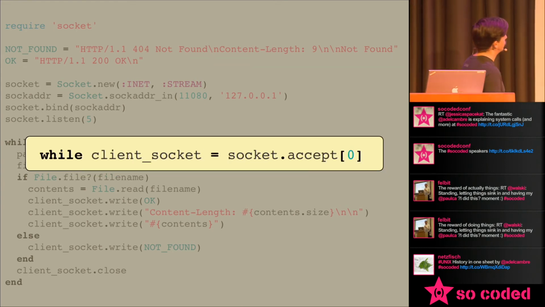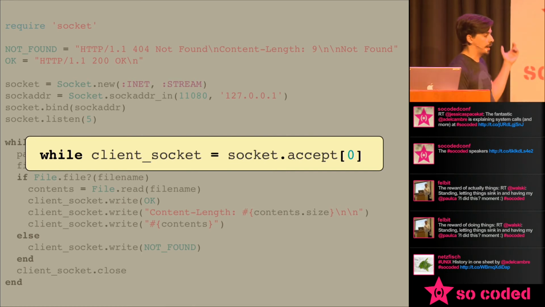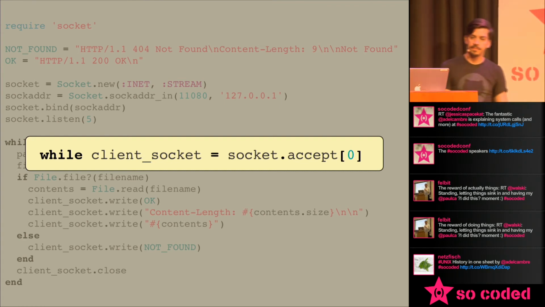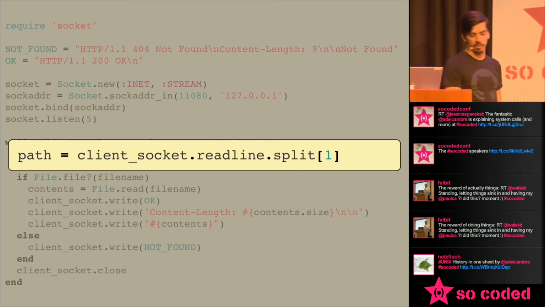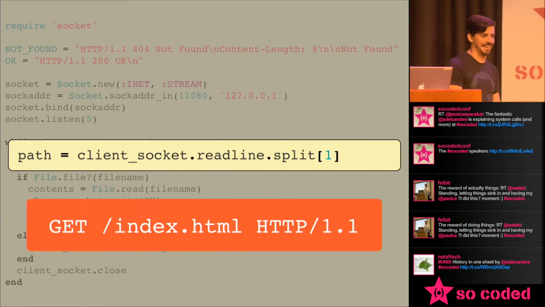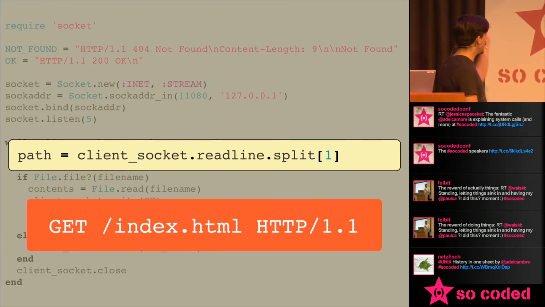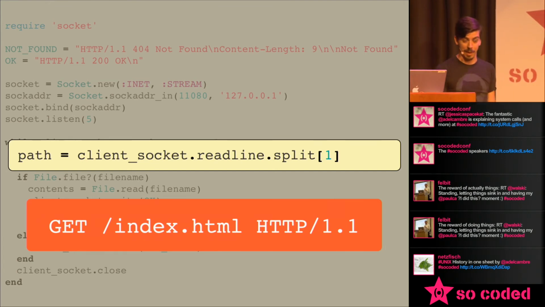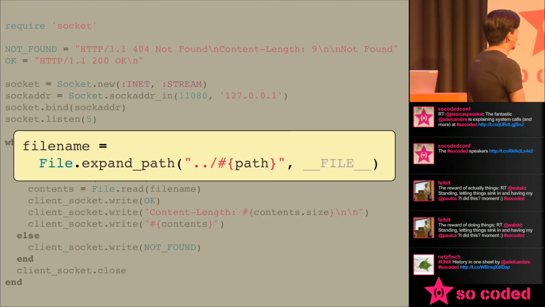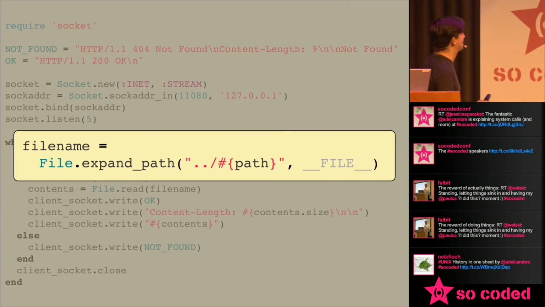And then in a loop, we call accept on the connection. This will wait for a new connection to come in. Once a new connection comes in, we'll have that client socket, that established client socket talking to the other end of the connection. This is my highly performant, 100% standards-compliant HTTP parser. If you remember, the first line of an HTTP incoming connection is the verb and then a space and then the path and then a space. So I just split on spaces and then take the second one to get the path, ignoring everything else. So we're going to expand the path based on the path that we get in, from the directory the file is currently in. So we can just get any file on the file system.